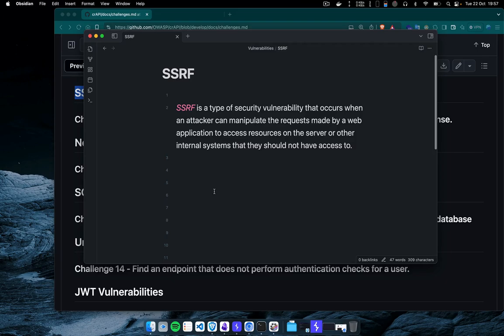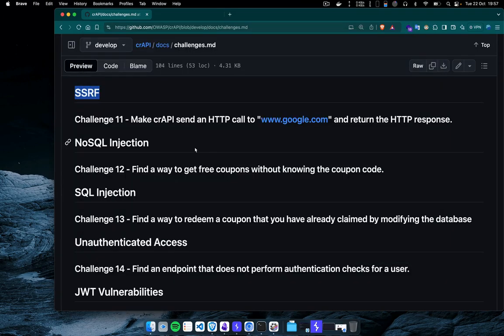Now, this current application, challenge number 1, is not demonstrating the entire SSRF workflow, like how the entire SSRF vulnerability is exploited. Instead, this challenge number 1 involves step number 1 of SSRF. That means simply manipulating the HTTP request made by our vulnerable application into google.com. Okay,